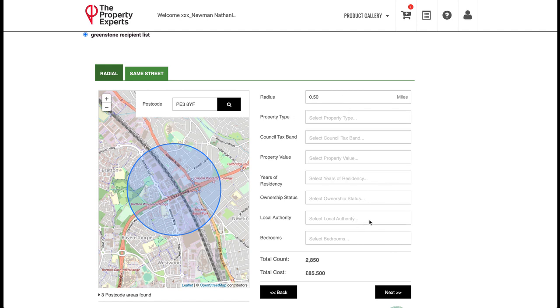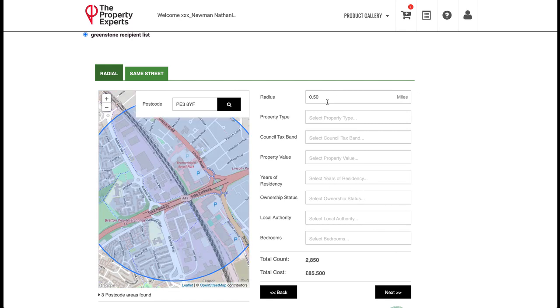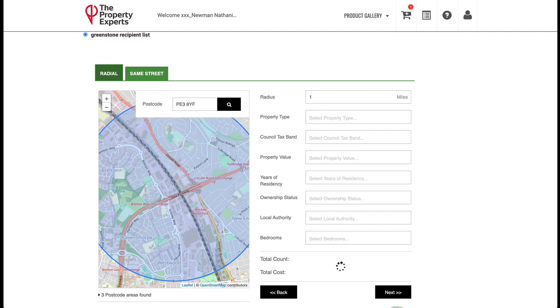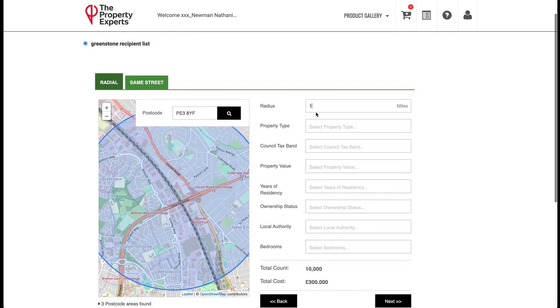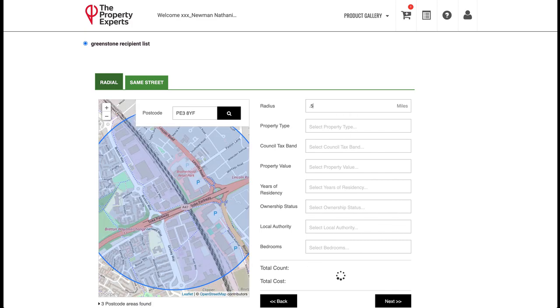On the right hand side here I have a selection of search filters, so I can widen this radius just by changing this, and you get a live update on how many records I have. So the maximum at the moment is 10,000, so I have 10,000 records within 1 mile, and the data cost will be £300. So let's change this back down to 0.5 miles,